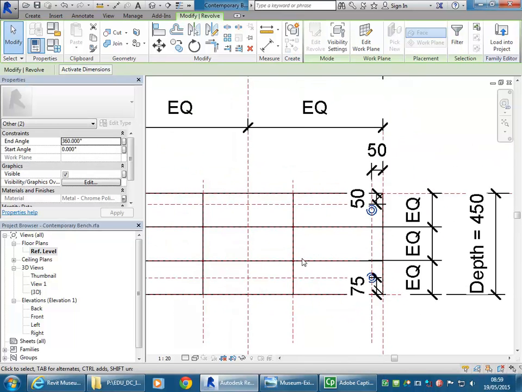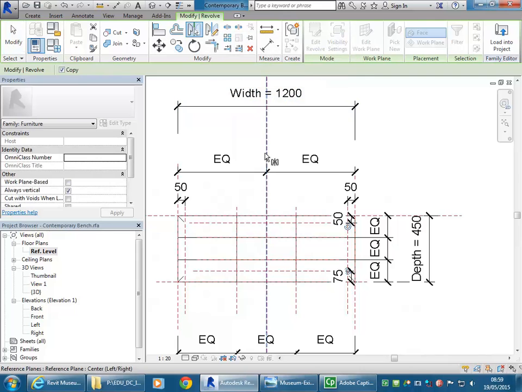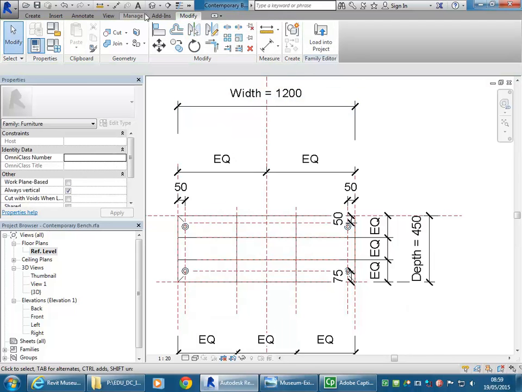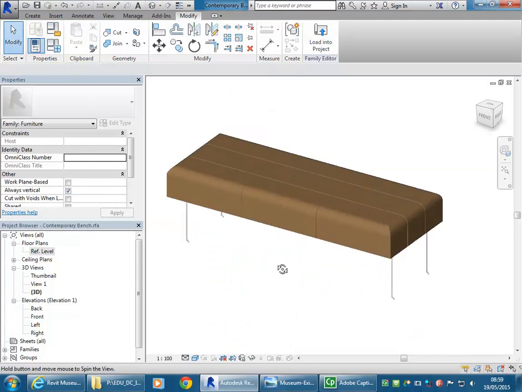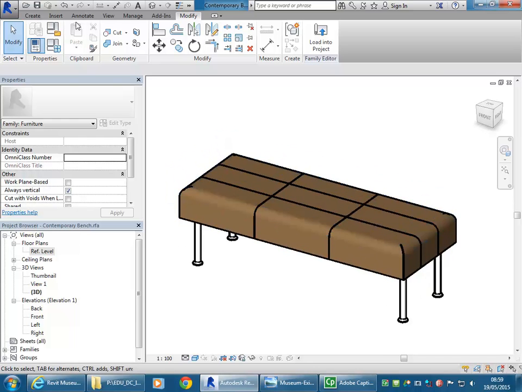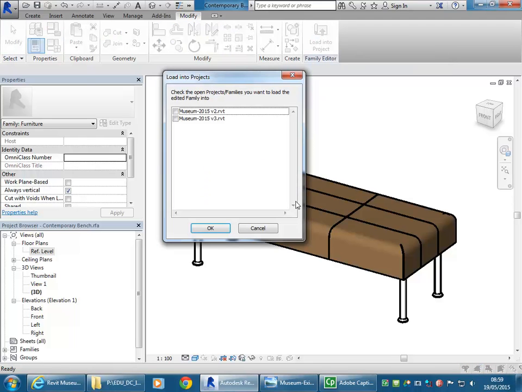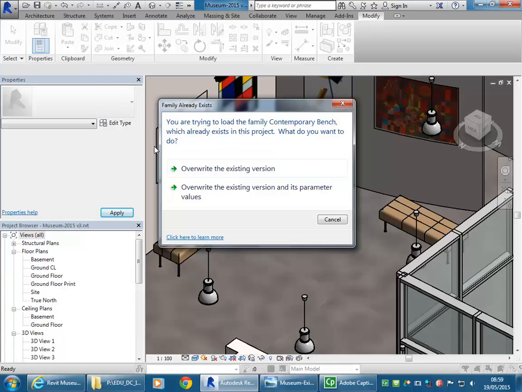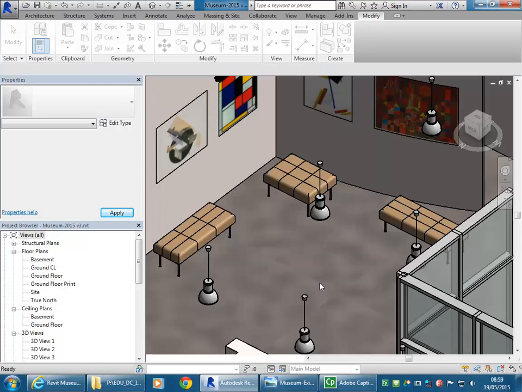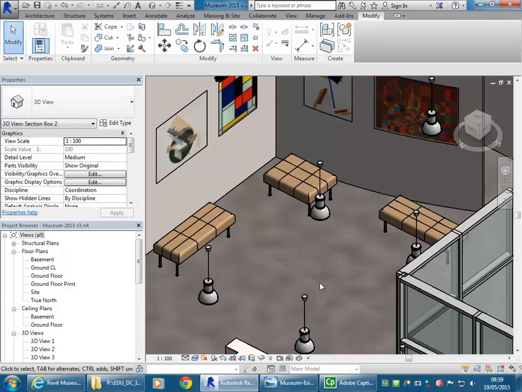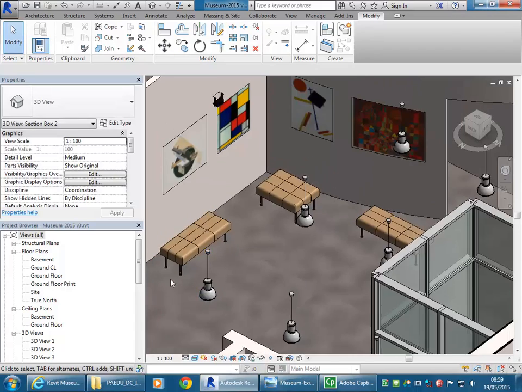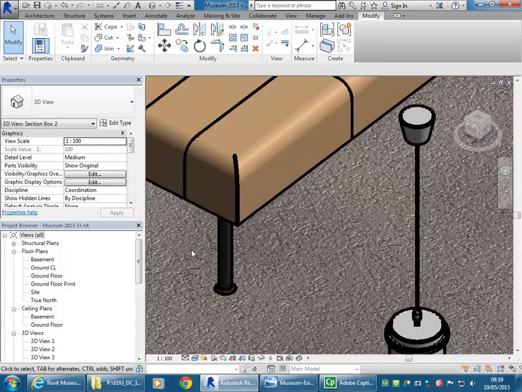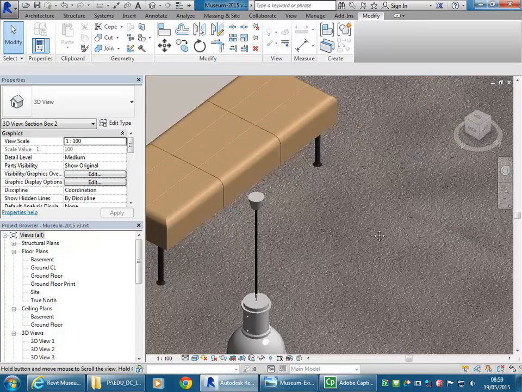Okay, so I'm just using mirror there, and okay, so my 3D view, you can see it's got my new legs, and then I'm going to use load into project, select the file I want, and then choose this option, override existing version. Okay, so then you'll see the legs in all of my chairs have changed. And so here you can see on this chair they've changed, and also